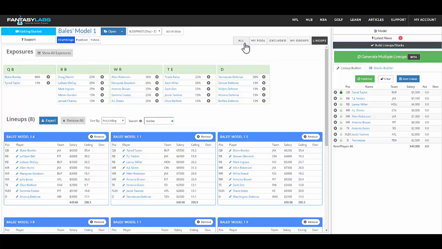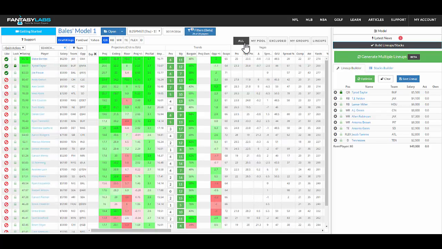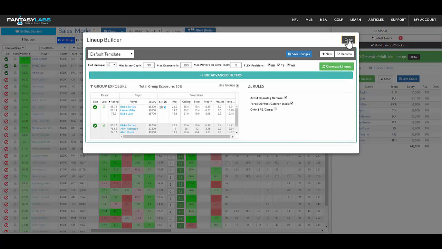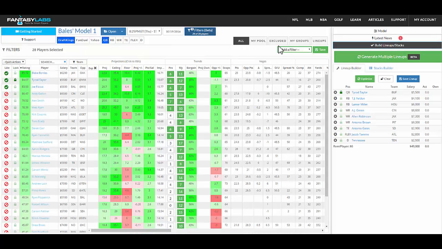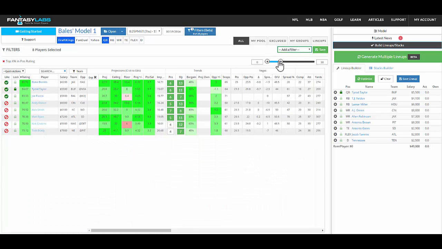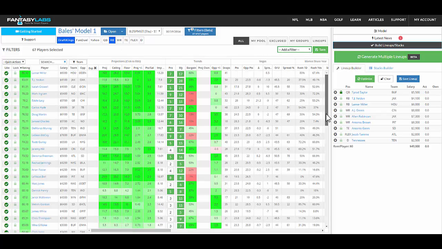So that is, in a nutshell, all of the additions that we have to Models 2.0. We still do have filters, which we used to have in the multi-lineup builder. They are now here, so you can still filter players. So if you want to look at solely the top 30% by position, you can do that, and it will cut those guys off, and so you can look at